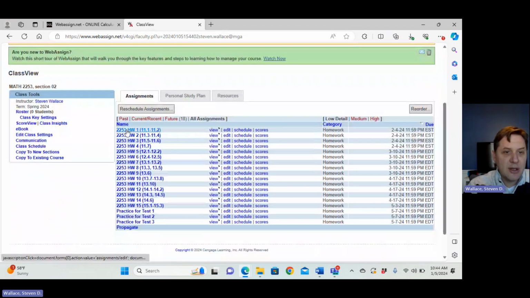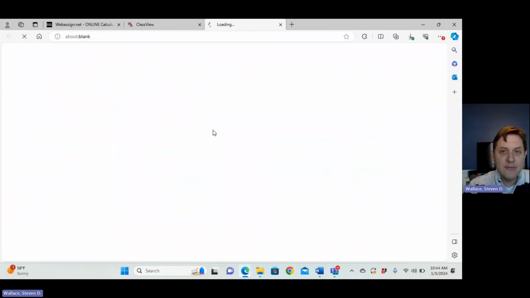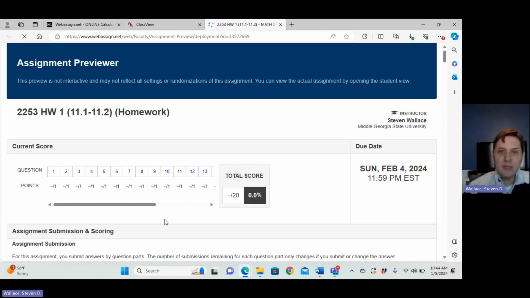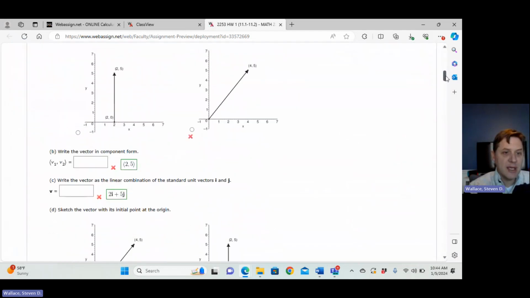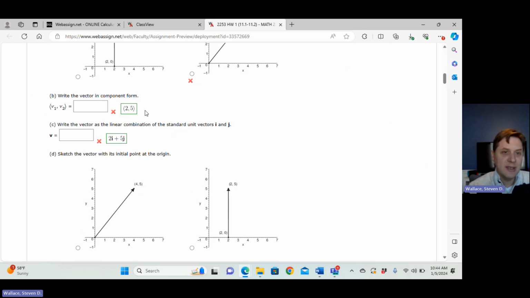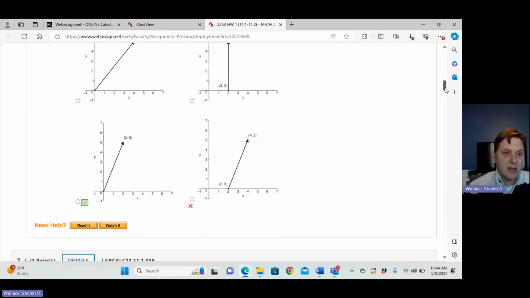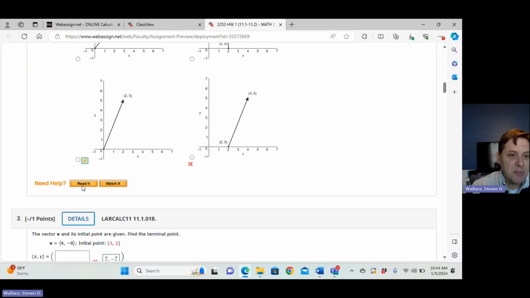If you just click on a homework, homework 1 covers sections 11.1 and 11.2. If we view a preview of that, you can see how you get to your textbook and all that stuff. It's pretty self-explanatory. You're going to have problems. You get multiple attempts on things. Of course, you won't have the solutions there, but for each one there might be a read it link, which is a link to the textbook, or watch it for a video that's associated with that problem. But if you just click on read it,